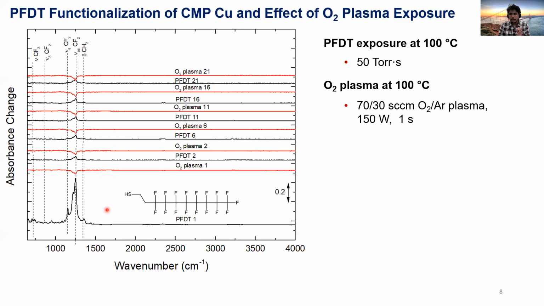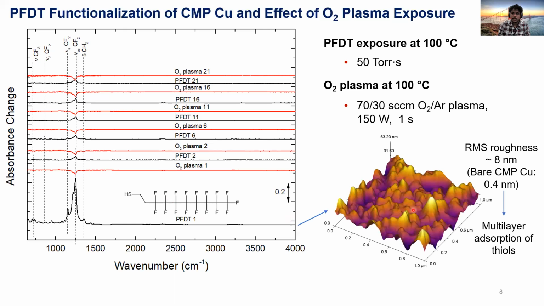which might indicate a multilayer formation. To investigate this, we studied the surface morphology of the PFDT functionalized copper using atomic force microscopy. The mound-like features indicated an RMS roughness of about 8 nanometers, which is an order of magnitude more than the bare CMP copper surface. This indicates a multi-layer absorption of thiols on the copper surface, and also correlates well with